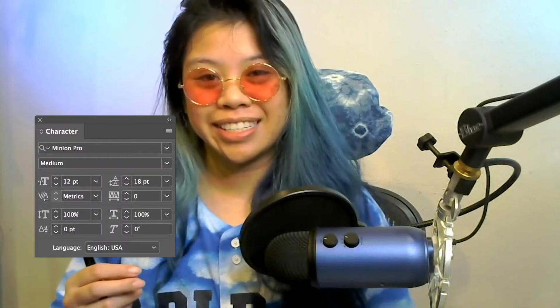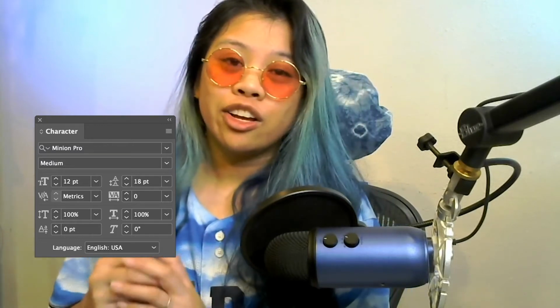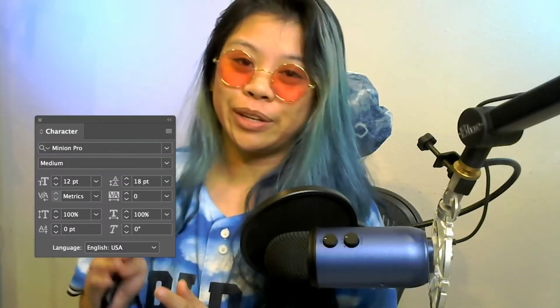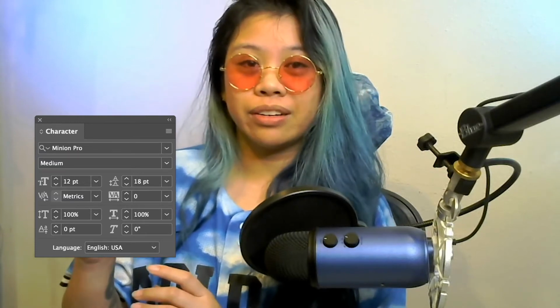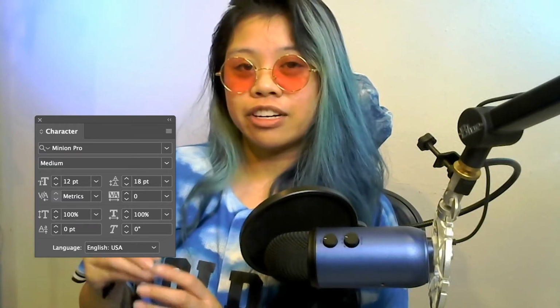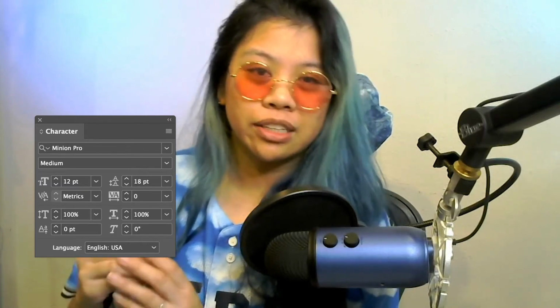You're also going to see in the character panel font size, leading, kerning, and tracking. If these are all new words to you, don't worry. You don't really need to worry about those things, especially the further down we go, the more complex the transformations to the characters are going to be. So just focus on the typeface list, the fonts, as well as the font size, and maybe the leading if you want the spacing a little bit differently. Today we're just going to be focusing on the typeface list.